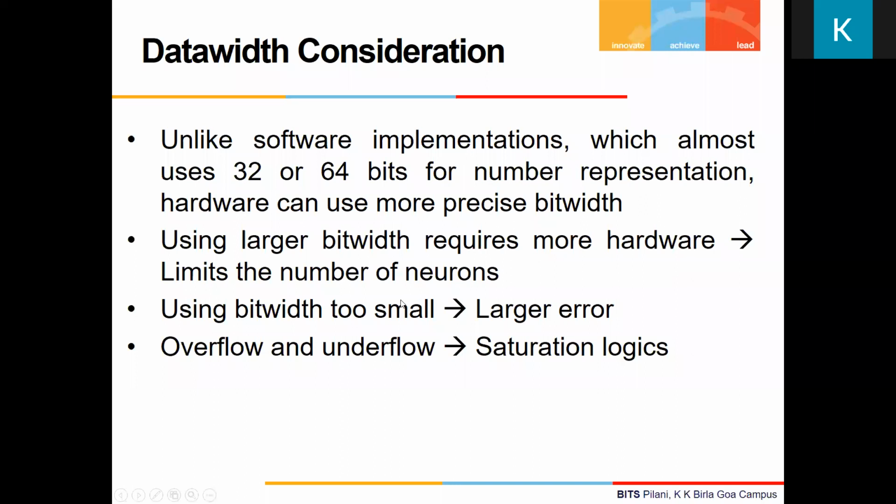If you use too small a width, error will be there, as I mentioned before, but the resource consumption will go lower and lower. Another impact is not only this error; the chances of overflow and underflow will come there. So that also we should be very careful. If some overflow happens, large numbers will be represented like very small numbers, and if underflow happens, small numbers might be represented as large numbers, which will totally mess up my network. So we should be very careful.